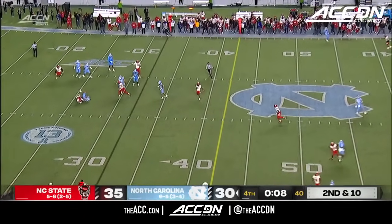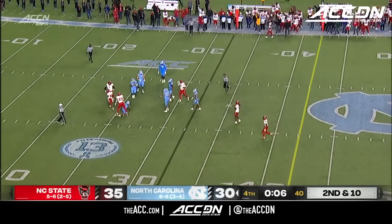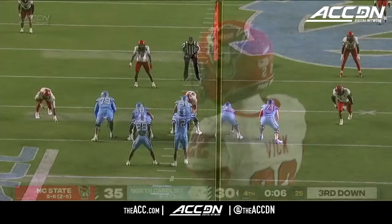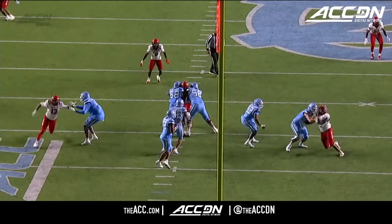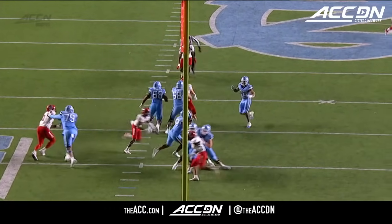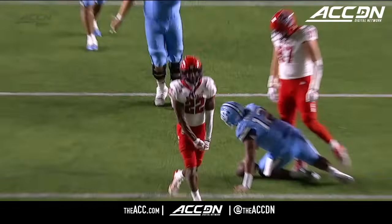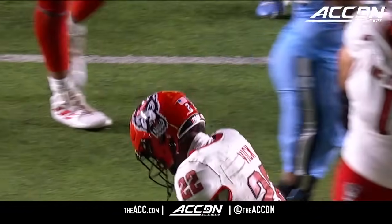Pressure. Sacked. And you can't give up a sack. Jackson Vick. See Jackson Vick with the late corner pressure. It's just a really good call by Tony Gibson. He is...